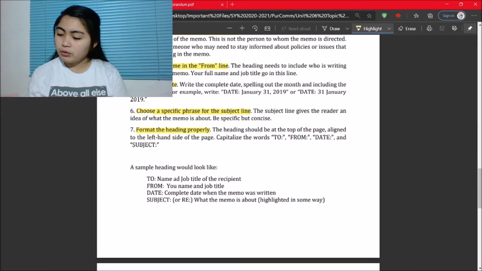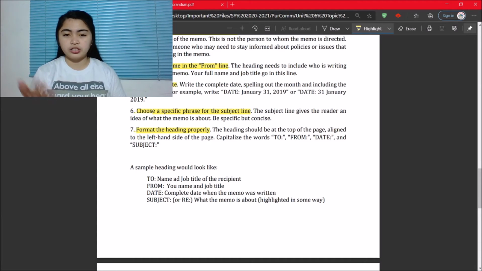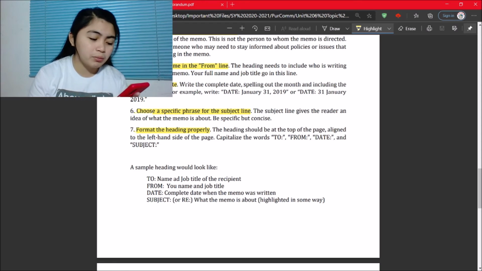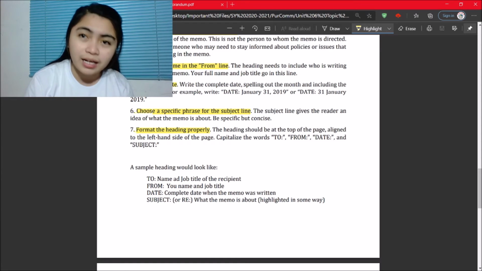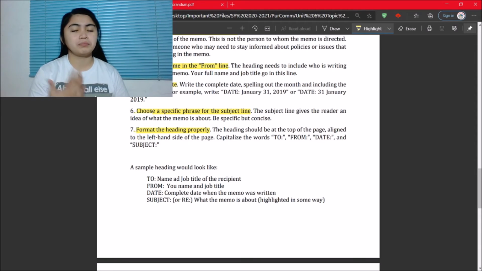Yung isa naman pinakita ko kanina, Zoom meeting on the status of ongoing research projects and so on and so forth. So malalaman mo na kaagad kung kasali ba, kung nakalagay ng all faculty members, kung kasali ba din kami dun sa meeting na yon. So on and so forth.